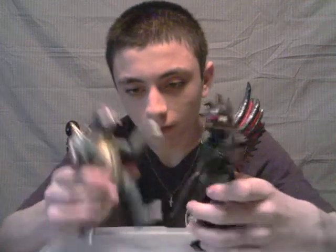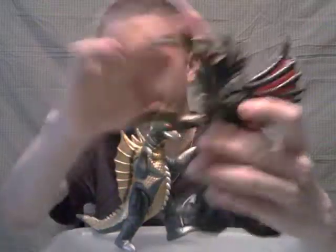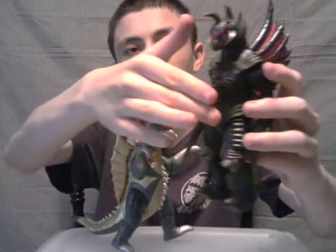Also, another thing that's different is the spikes here. This one has spikes that look like they're stable, like they can't really move. It looks like it's just completely stuck on. While this one, on the other hand, in the movie, he was actually able to move the spikes around. So I'm not sure if he did that in his movie, but despite that, both these figures are good,